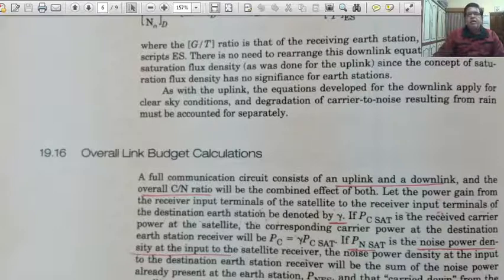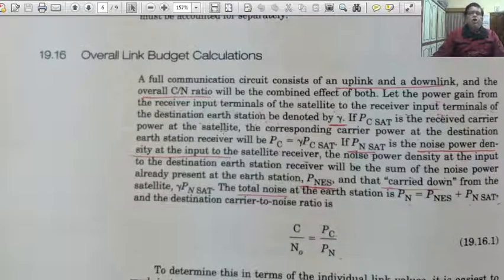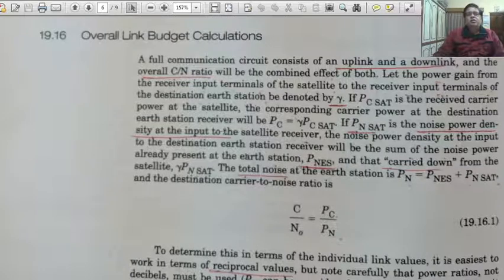As with the uplink, the equations developed for the downlink apply for clear sky conditions, and degradation of carrier to noise ratio resulting from rain must be accounted for separately. Now, overall budget calculations. What are the overall budget calculations? A full communication circuit consists of an uplink and a downlink,